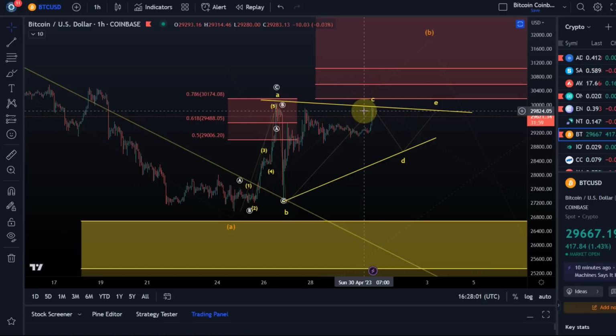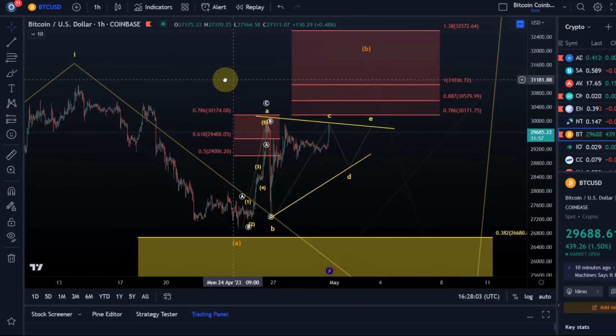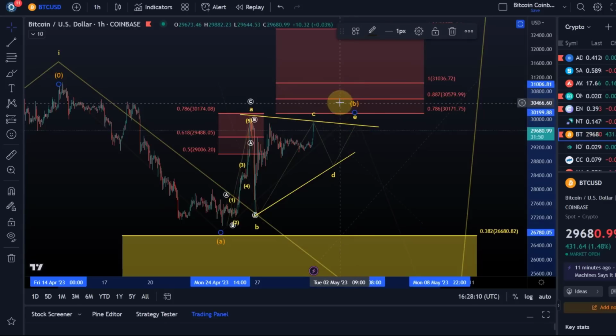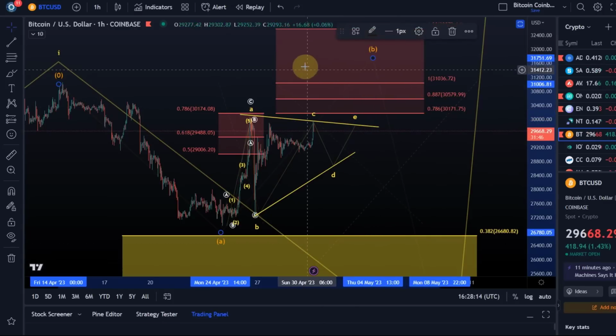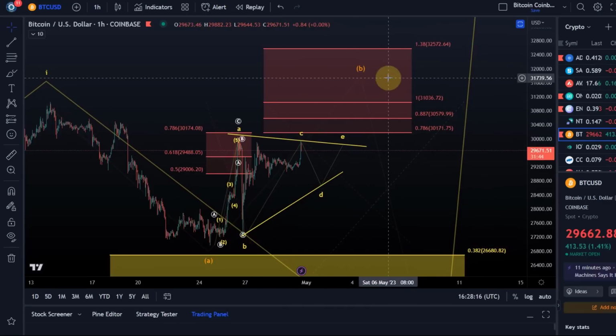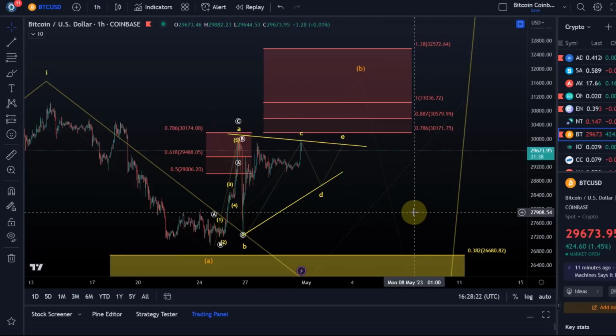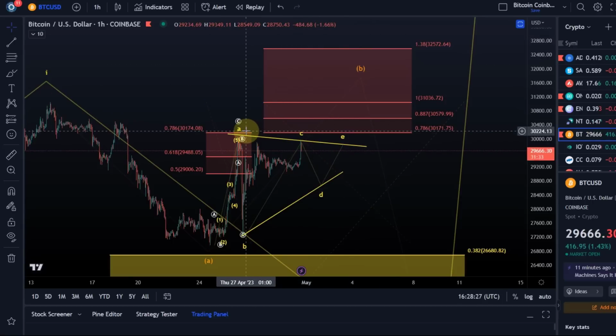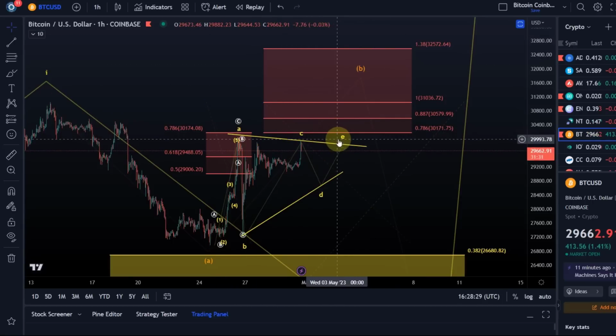then this B wave, which would normally end at the end of the triangle. So the B wave would mark the end of the triangle, which is the E wave, which would normally then break down. We can get that higher B wave, of course, and resistance for a higher B wave is all the way up to 32,570. And then it could still break down. So it's what we need to consider if price breaks higher and above the 30,050 level, then we will have resistance at